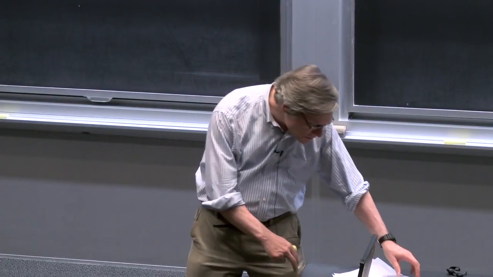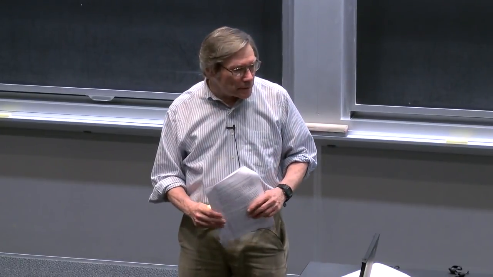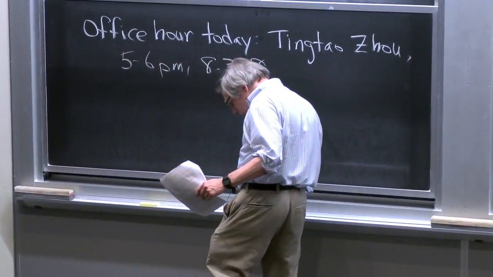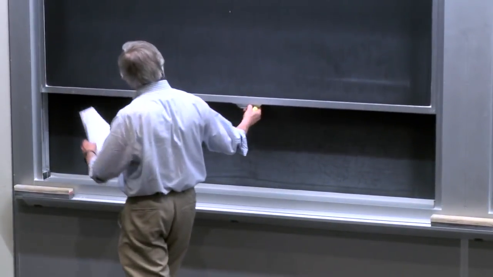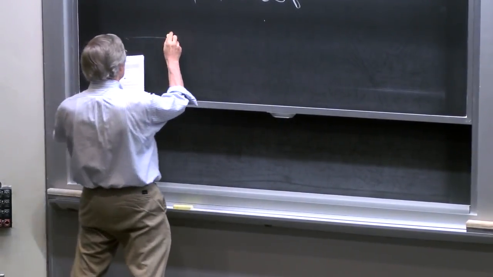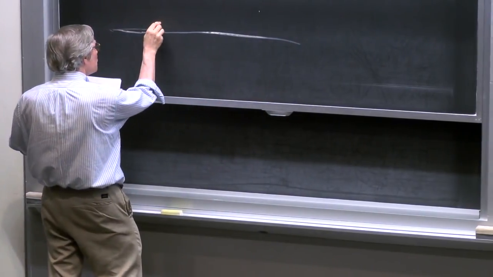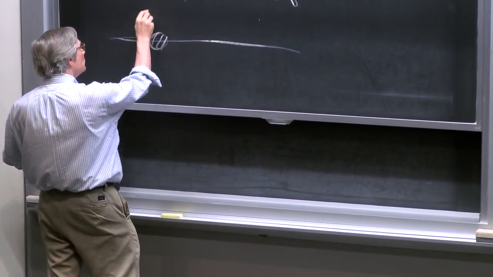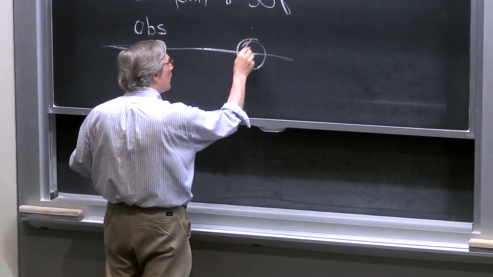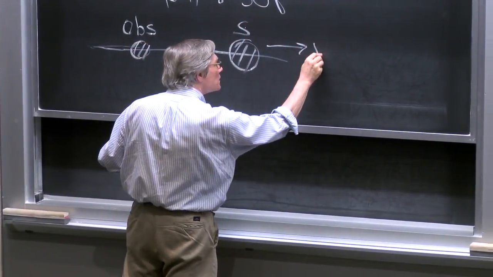Okay, in that case, let's go on. At the end of last class, we were beginning to talk about the Doppler shift, and we defined our terms, and I'll repeat the definitions on the blackboard here. We are talking initially about the case where the observer is stationary and the source is moving with velocity v.